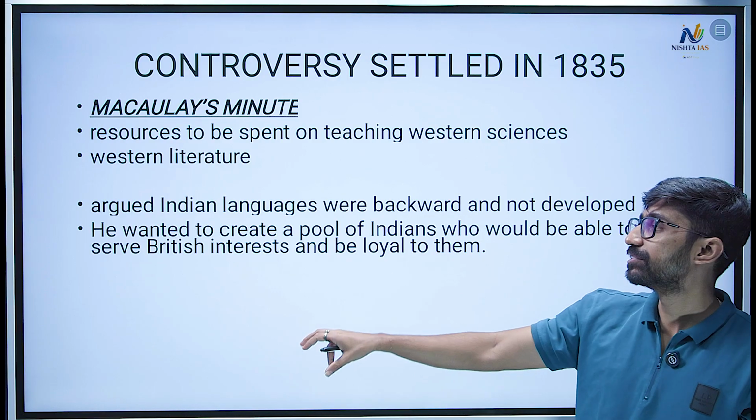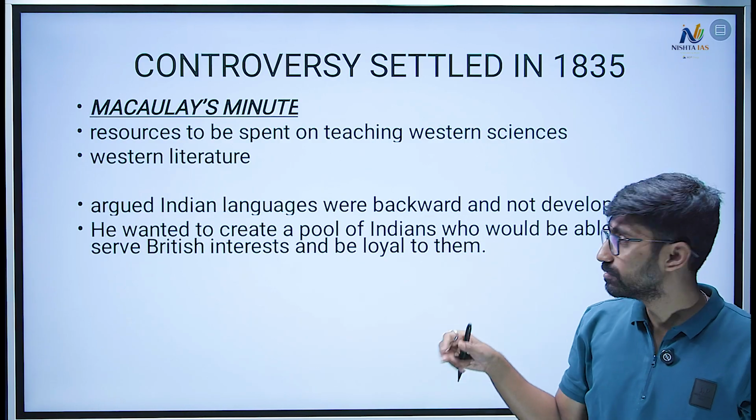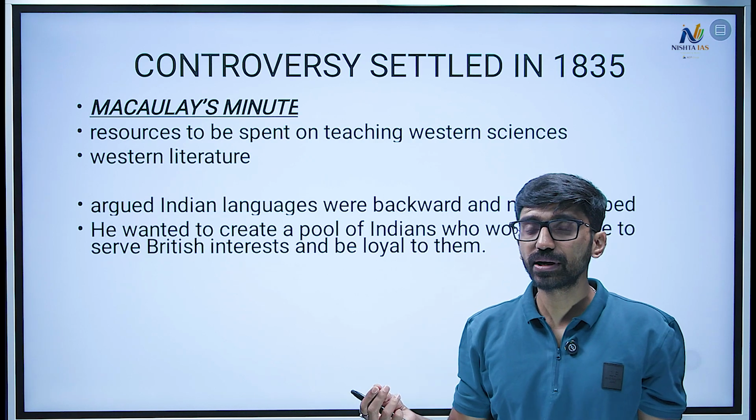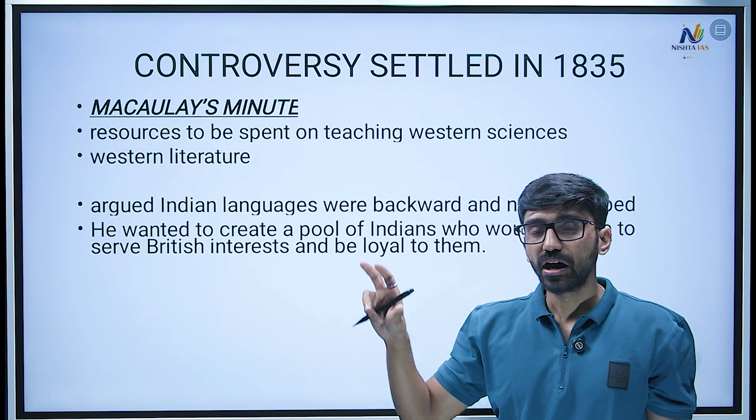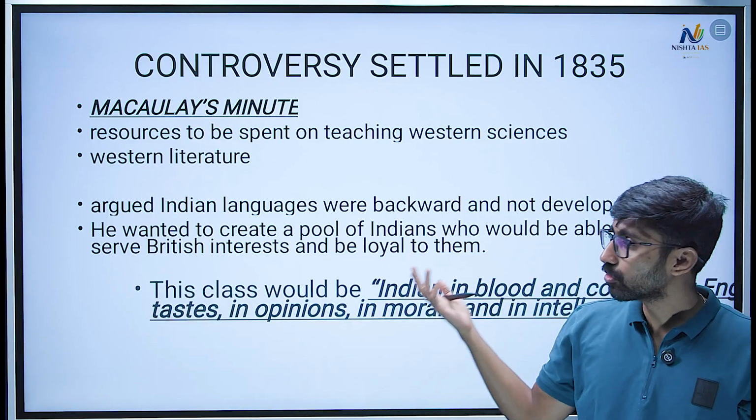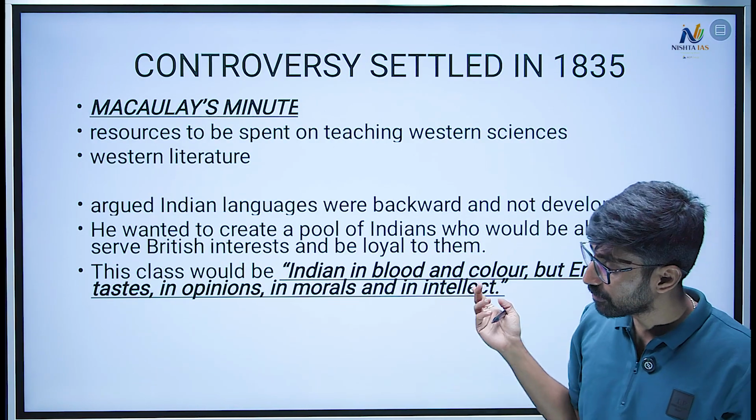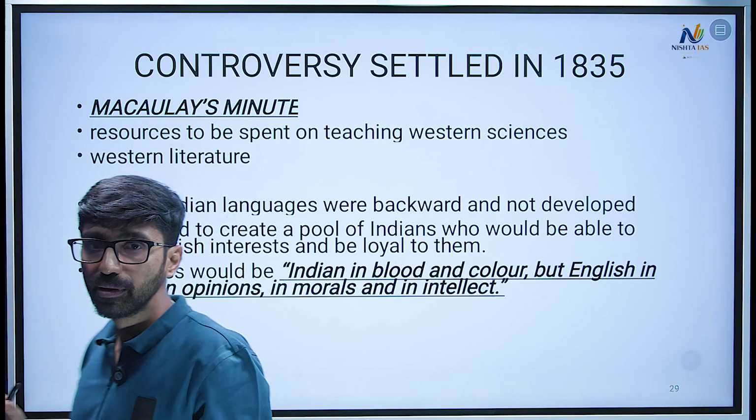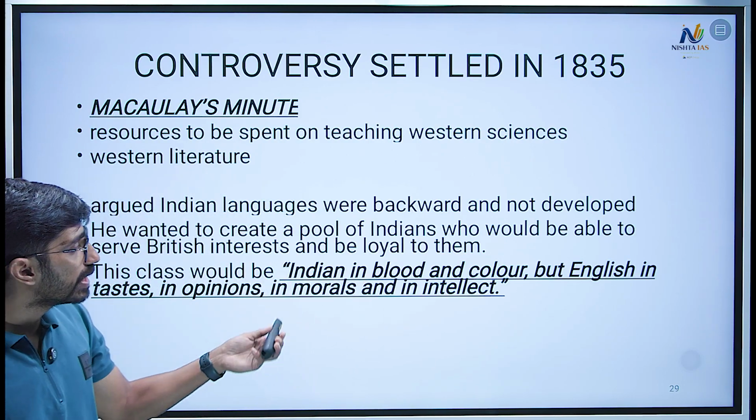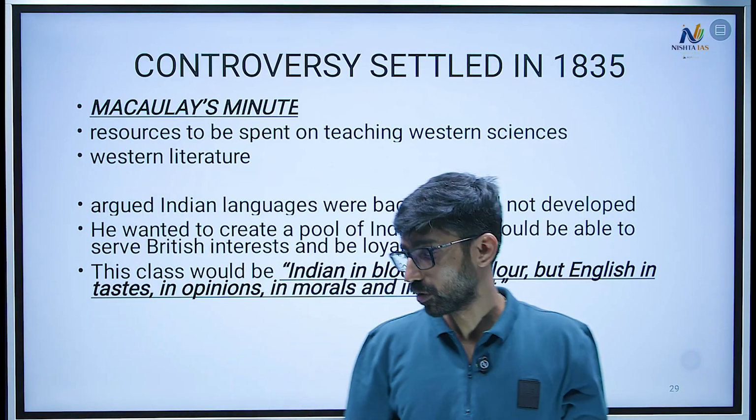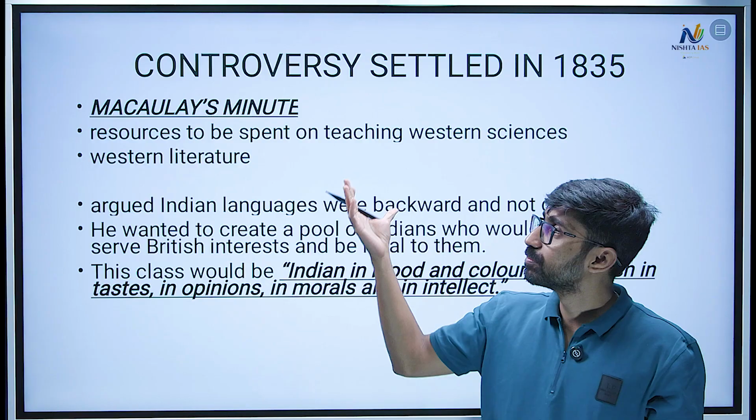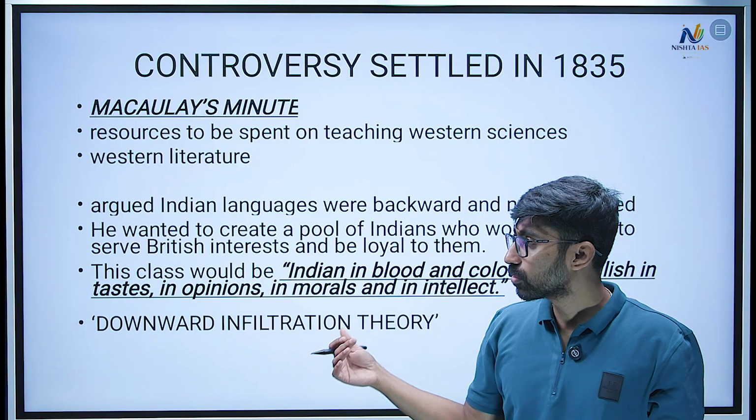He also infamously said that he wanted to create a class of Indians who just look like Indians, but in taste, morals and everywhere should have Western thought and system. They could serve British interests in India and become loyal. So that is a famous, or rather infamous, statement by Macaulay: Indians in blood and color, but English in taste, opinion, morals as well as intellect. So these are the principles behind Macaulay's Minute, and it is also called the downward